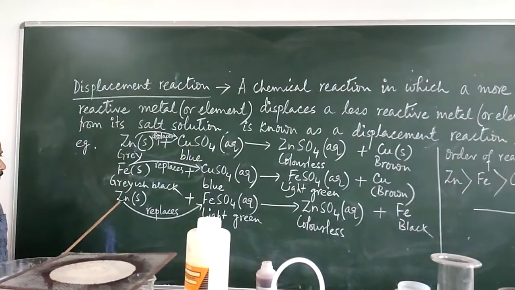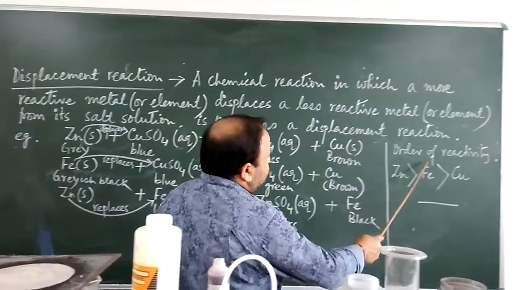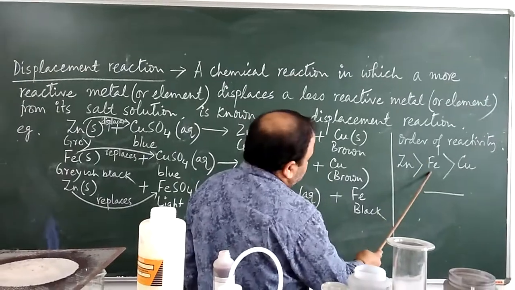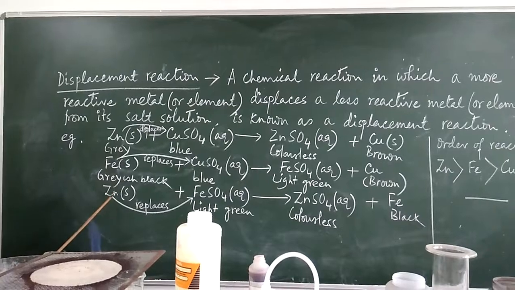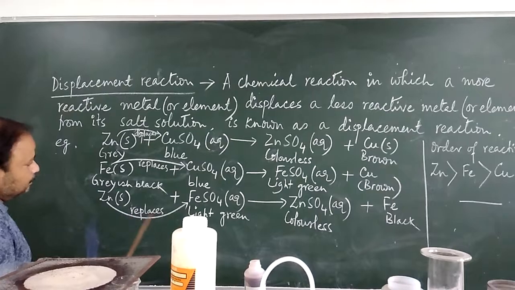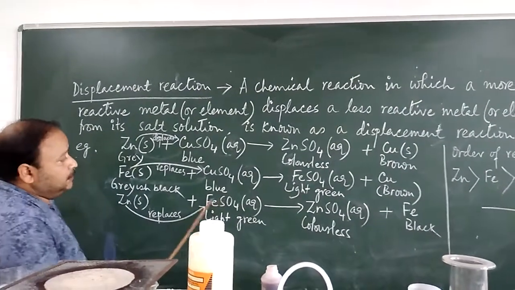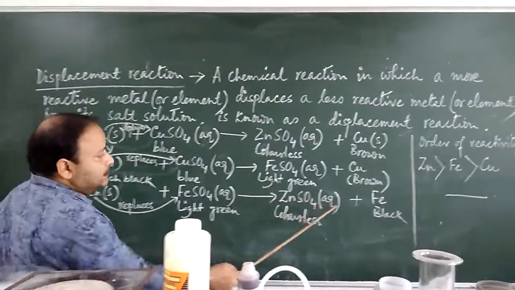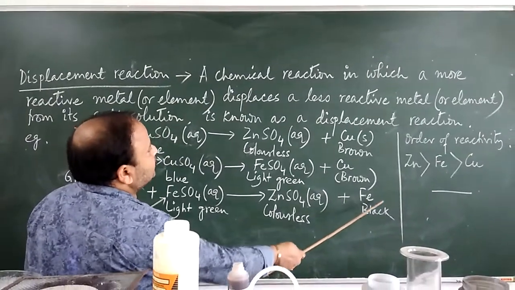In the third reaction, zinc is a more reactive metal than iron. I have shown here the reactivity order of these metals. Zinc is more reactive than iron. Iron is more reactive than copper. So in the third reaction, zinc being a more reactive metal than iron, this also replaces or displaces iron from ferrous sulfate solution which is light green in color. After that, it forms zinc sulfate which is colorless, and the iron metal comes out as a black residue in